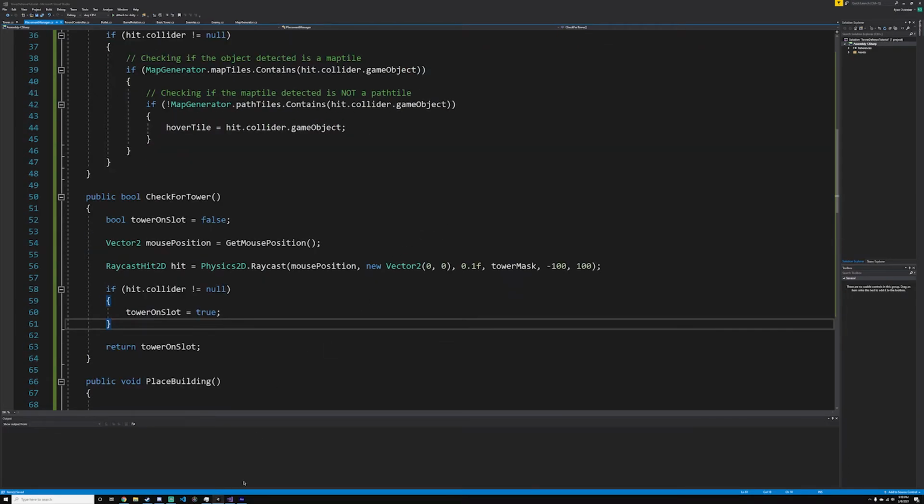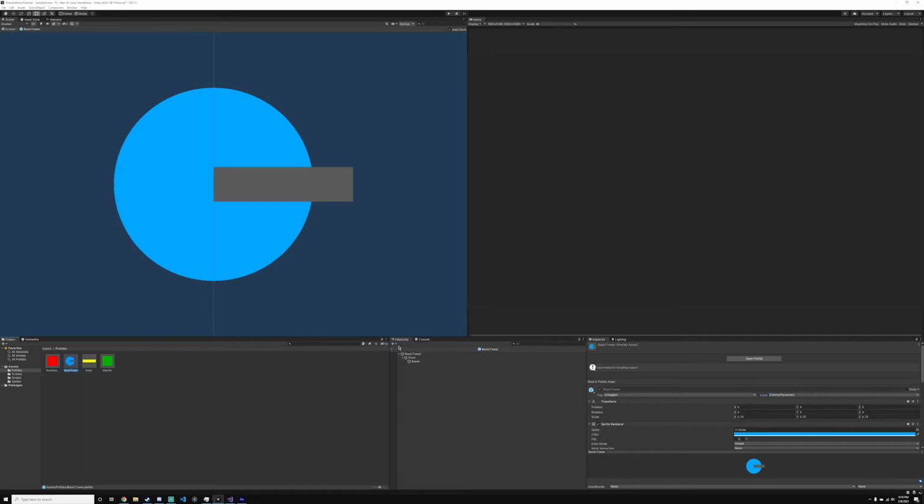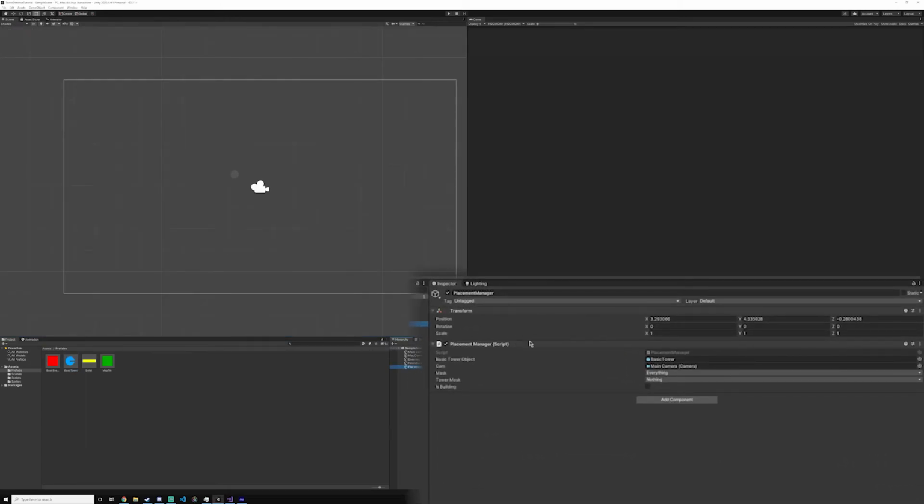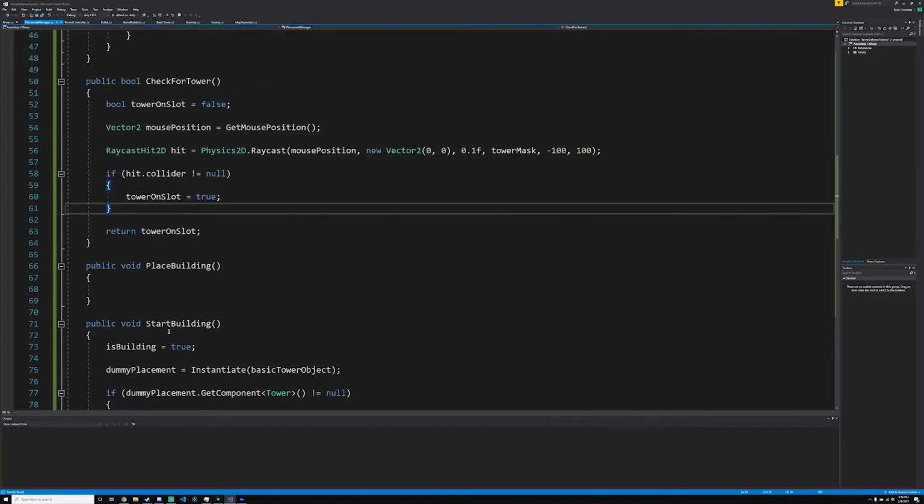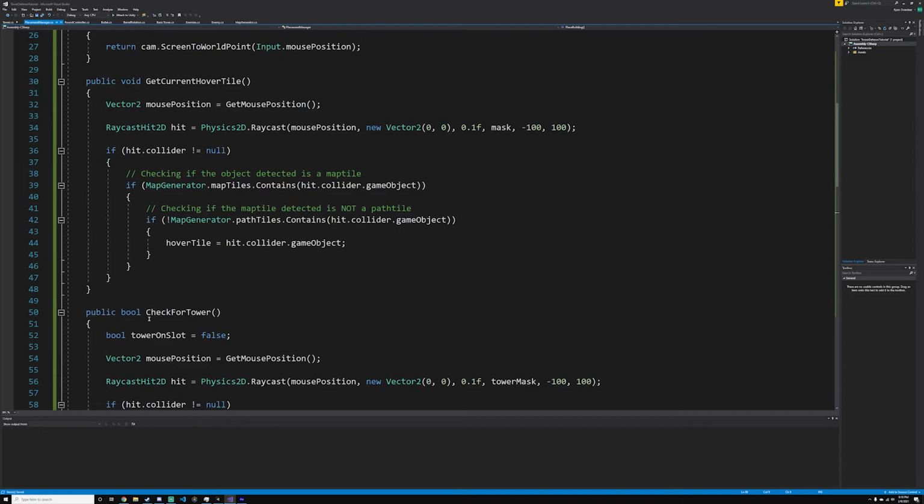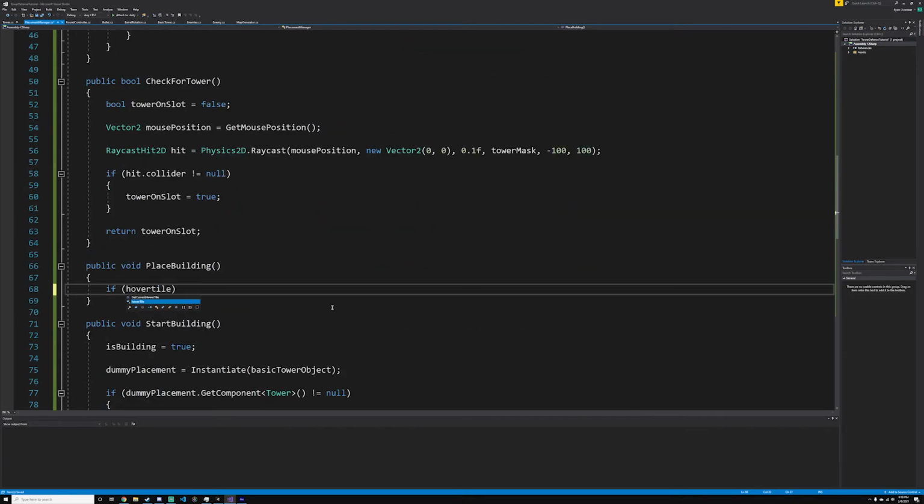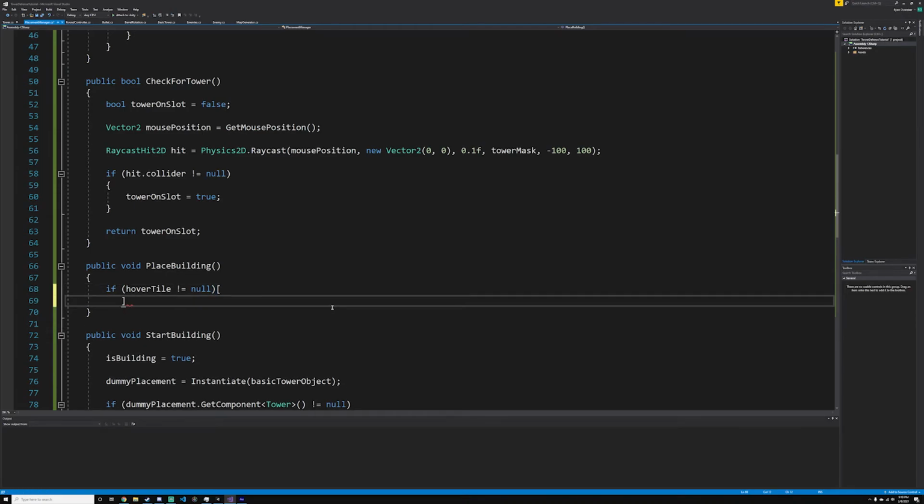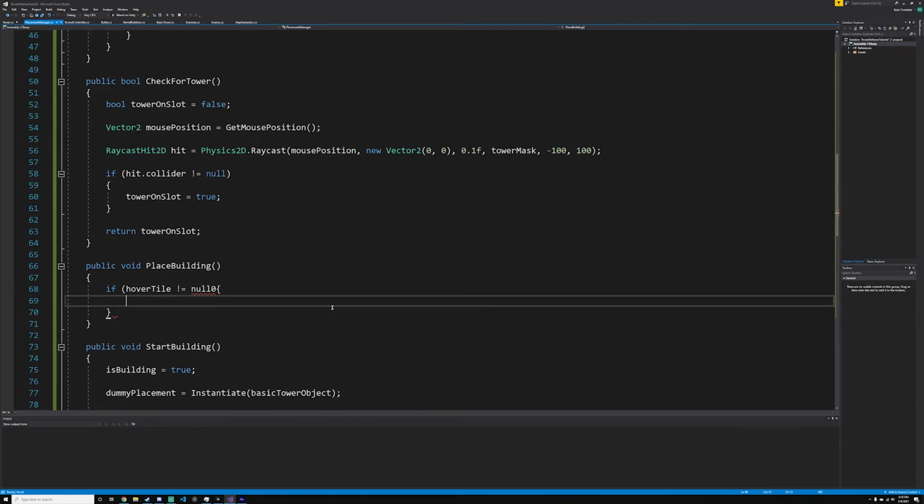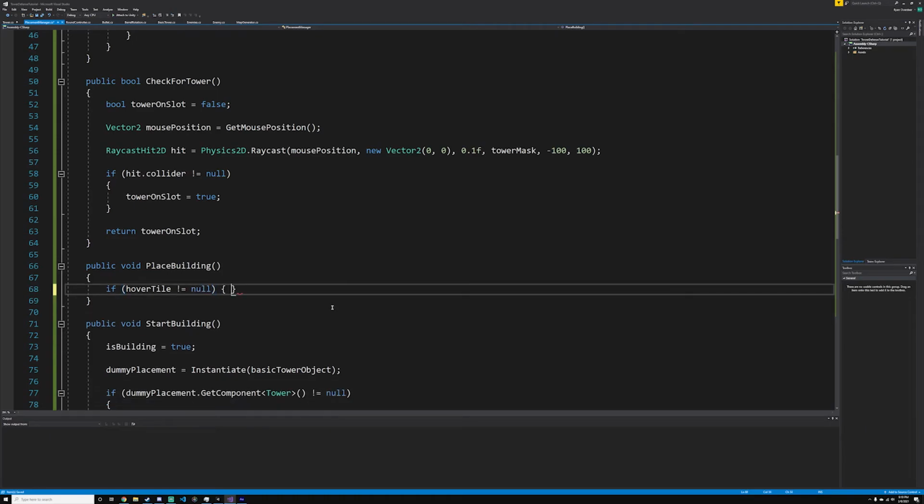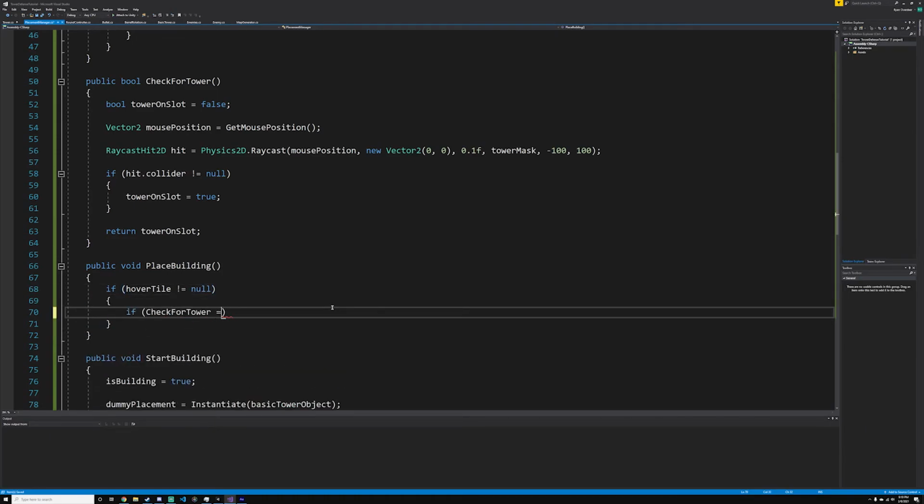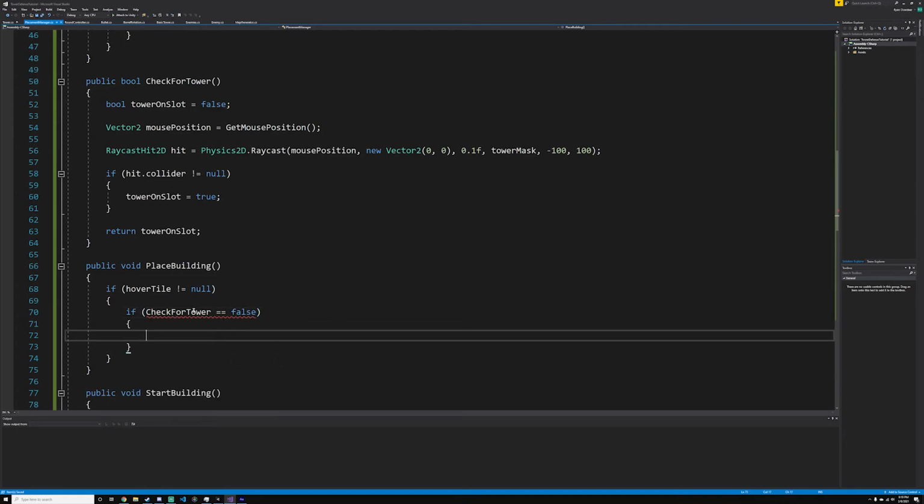So we need to go back into Unity and go into our placement manager and make sure to set this tower mask to be tower. And then what we can do is inside our script, we can go into our place building, and then we will just check if hover tile is not equal to null. And if check for tower is equal to false, then what we can do is create a new tower object,